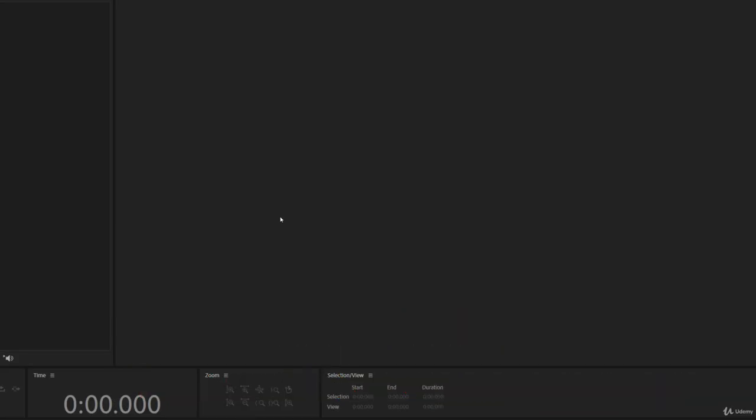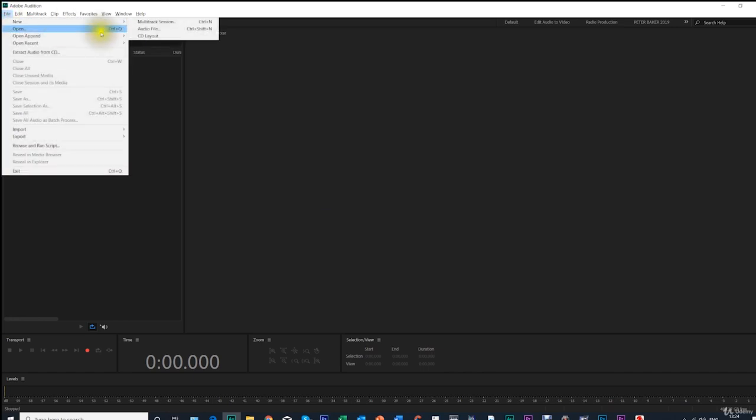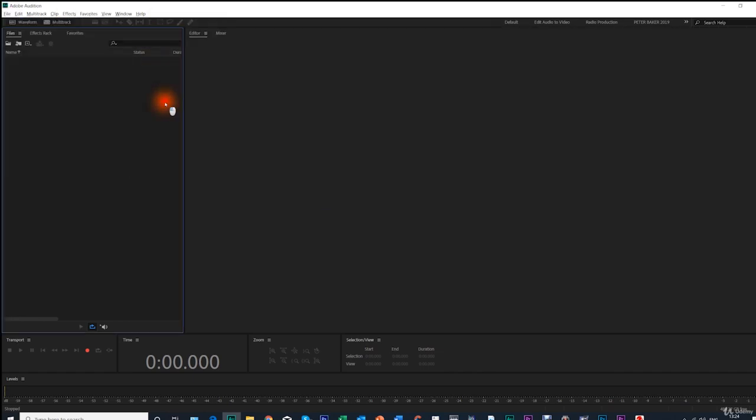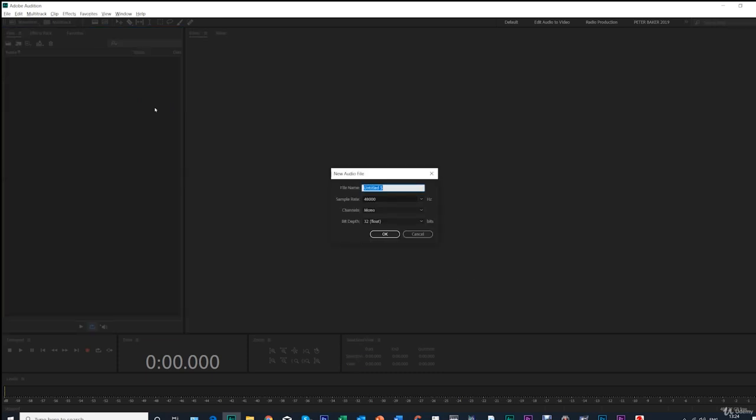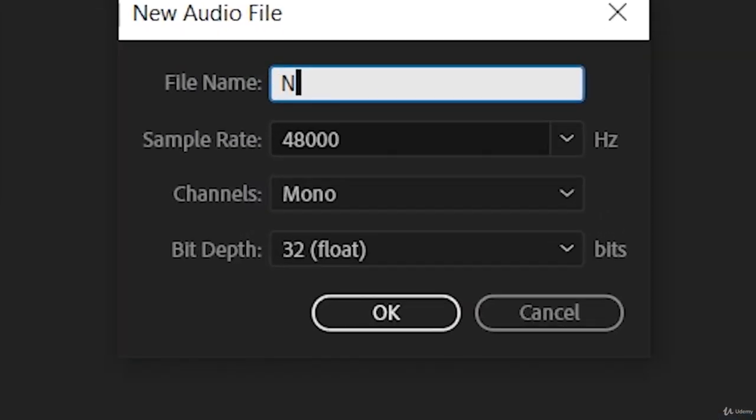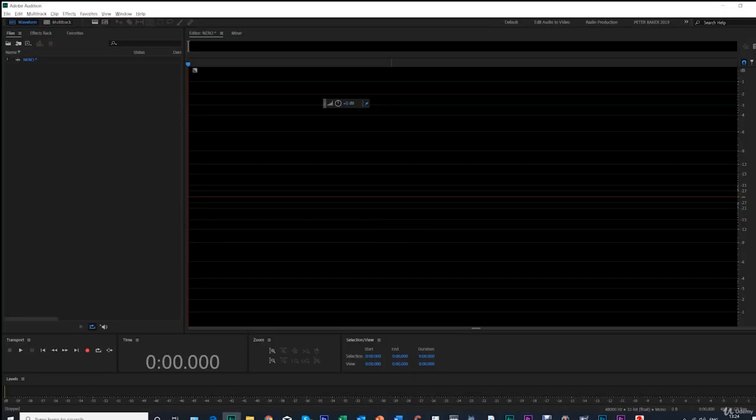So first of all, we'll just go to Audition. It's a completely blank screen. We could start by going File, New, Audio File, and then choose, but we're not going to do that. Let's try and do everything on the keyboard shortcuts. So it's Control, or Command, hold down, plus Shift, plus N. Those three together will be your best friends. Then we call it what it is, we call it Nero, and we go OK, and there we see something